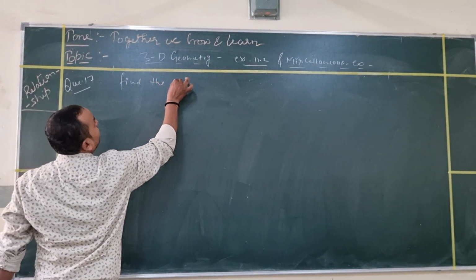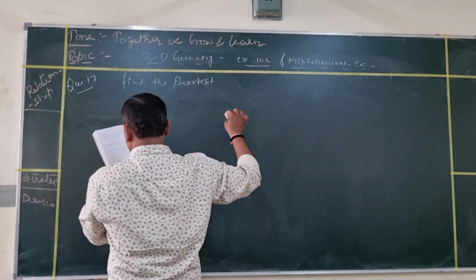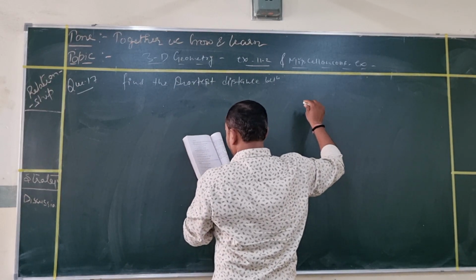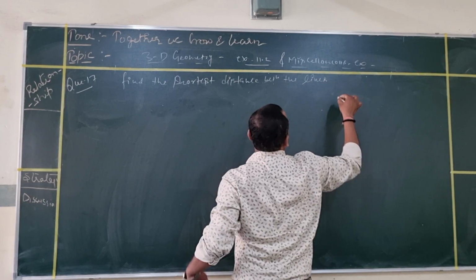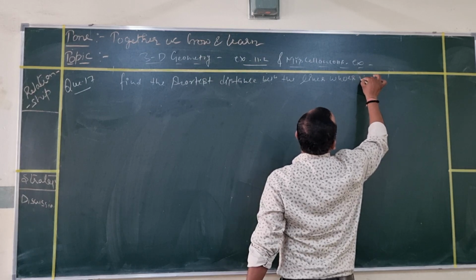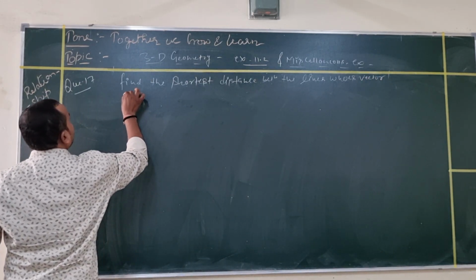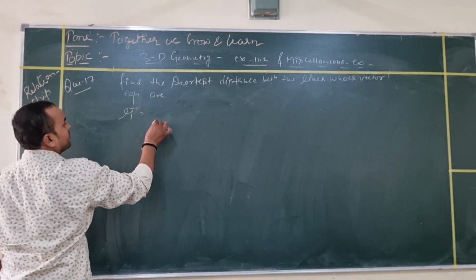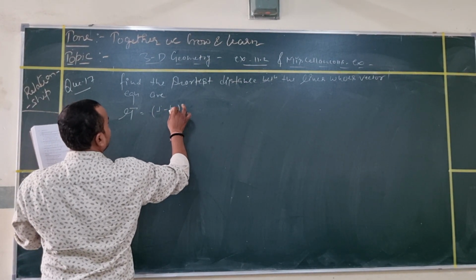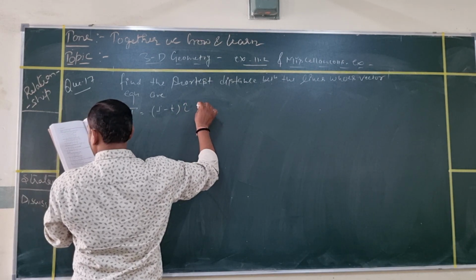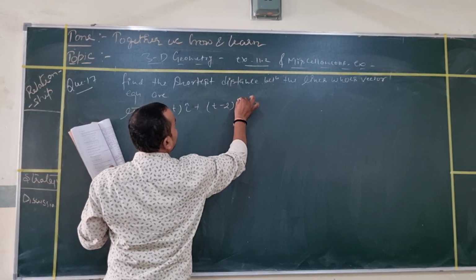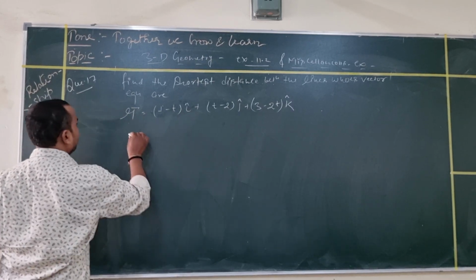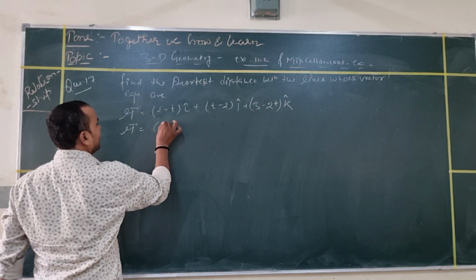Find the shortest distance between the lines whose vector equations are: r vector equals (1 minus t) i cap plus (t minus 2) j cap plus (3 minus 2t) k cap, and the second line is